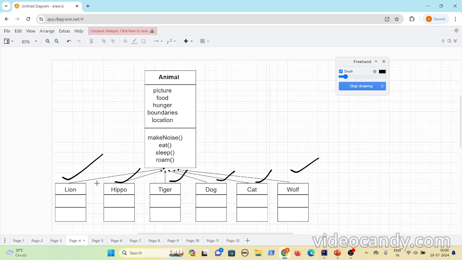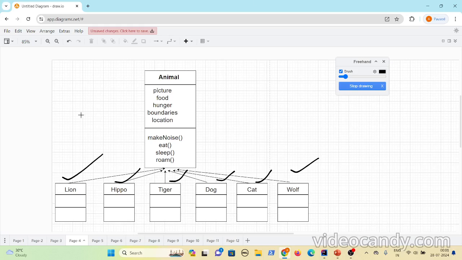Like lion belongs to a specific family, right? So they have a few behaviors specific to their own community, and a few things in common because all are animals. So if you think about all these animals, what are the common properties that these animals will have?